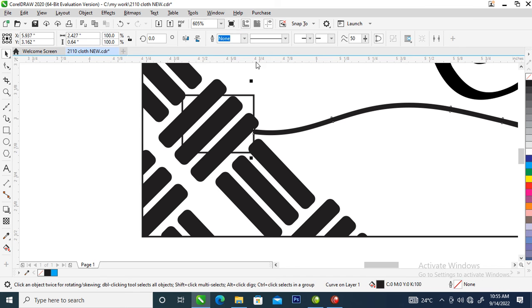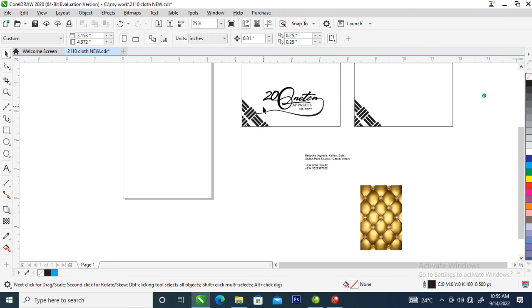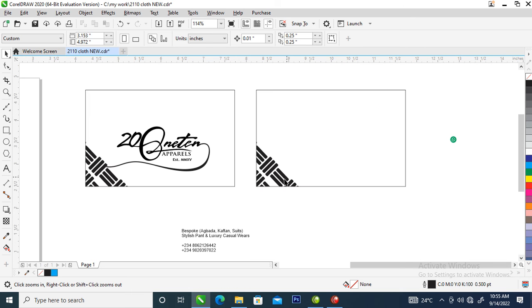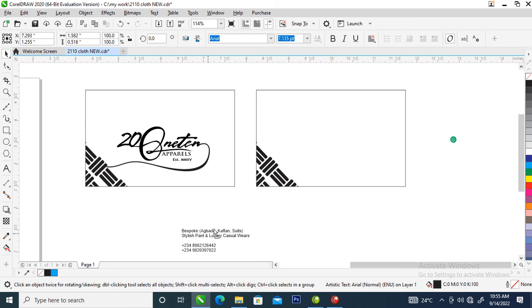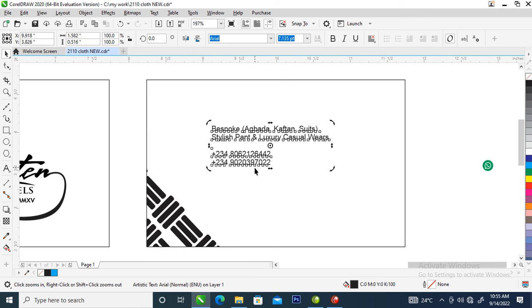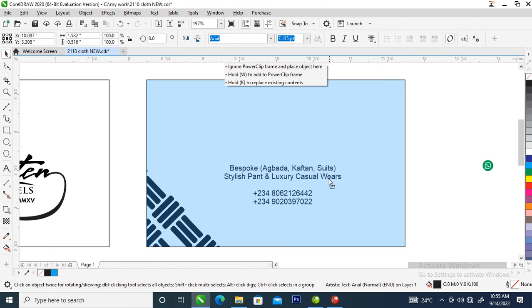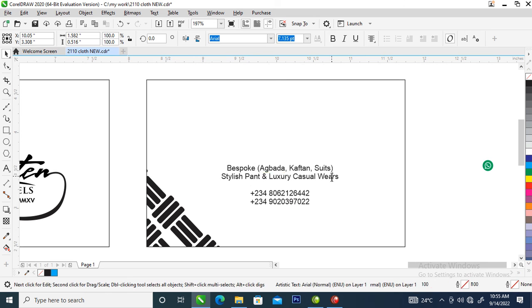Then you trim. Good. Delete this, we don't need that. So right now the next step is to go over and bring in the address, and center it within that. So right now what we are going to do is to make a copy of this